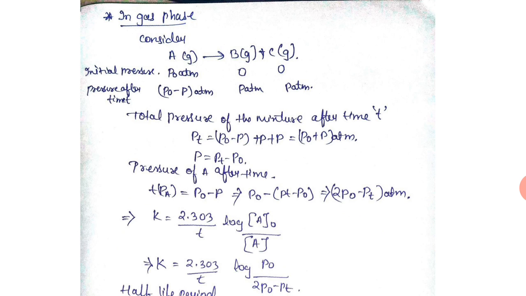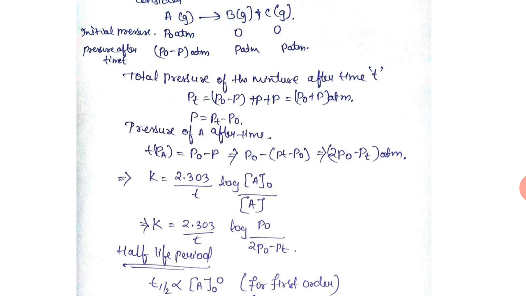Pressure after time t: A is P naught minus p atmosphere, and B and C each have p atmosphere pressure. So the total pressure of the mixture after time t